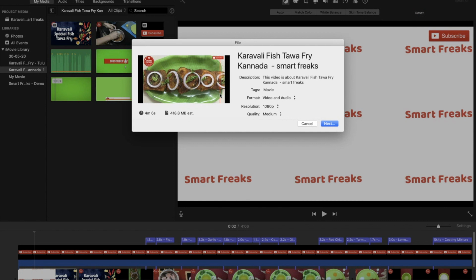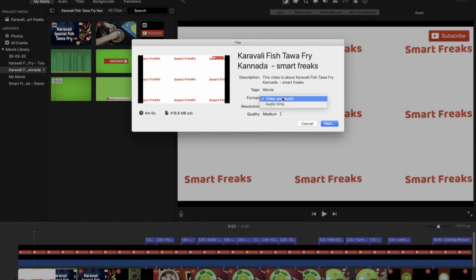And what I'm going to do is, here I'll select the format as video and audio, and I'll select 1080p. You have other options also, 720p and everything, but I'll select 1080p. And there is a quality option here. Please make sure of your quality, because your quality actually increases or decreases the size of the video. So if you select high, best resolution, it will give you files in GBs. So what I have selected is medium. I think medium is good enough for me to go live.